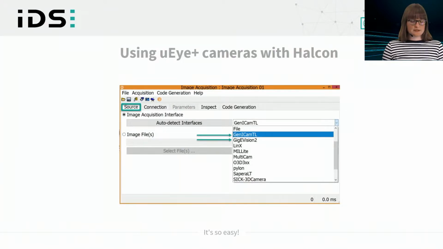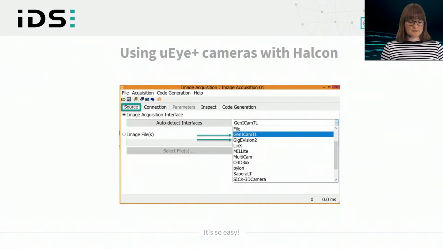The GigEVision2 interface is the interface provided by Halcon, and Halcon also provides a specific interface for USB 3 cameras in addition. If you're interested in when to use which interface and what the advantages are, please take a look at Arne's session. He already made a session for our Vision channel a while ago, and explained in detail how you can use UI+ cameras with Halcon and with the several interfaces.